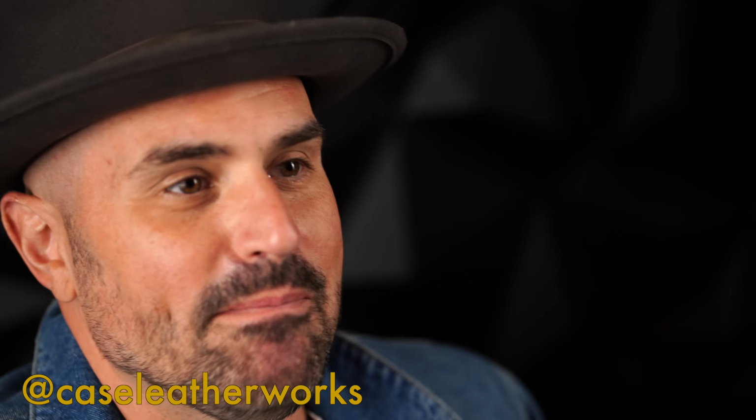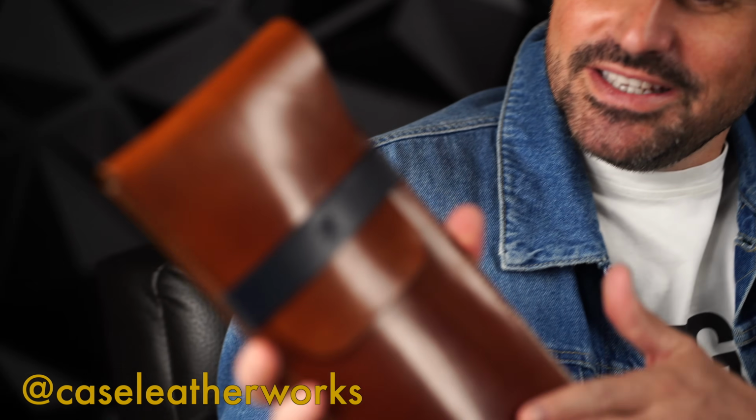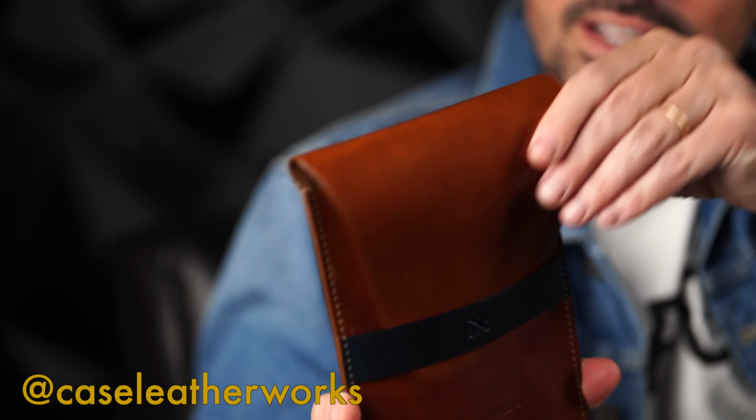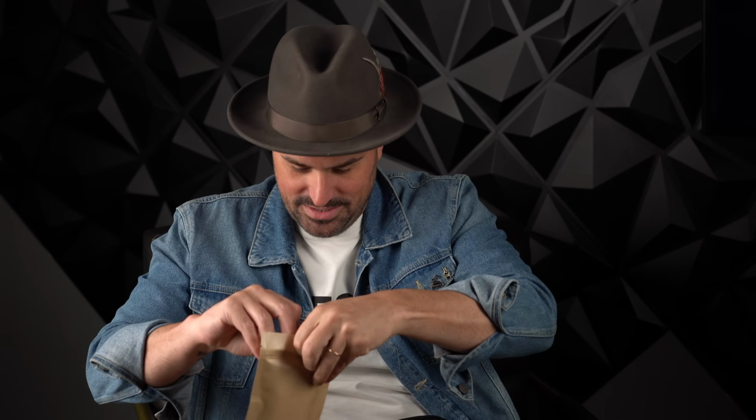So leather is a note that gets picked up in cigars, and leather's really cool. We have a fellow member in the community and the club that makes leather goods, and he sent me this beautiful Privada bag holder. Let me show you this. It wasn't good enough that he sent me this beautiful Privada bag holder in really quality leather, but he also sent me